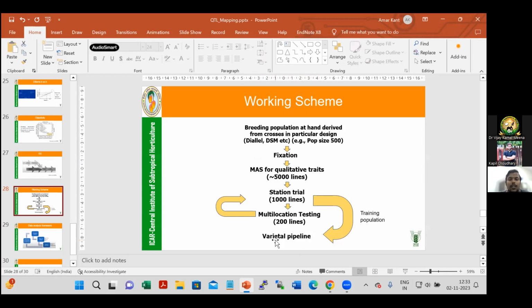Do exhaustive multi-location phenotyping of these 200 lines, and genotype these 200 lines densely. You cannot genotype 1,000 lines; I mean, you can if you have a lot of resources, but in my opinion you do dense genotyping with these 200 lines and multi-location testing of these 200 lines, and as these are derived from these 1,000 lines, coming out of these